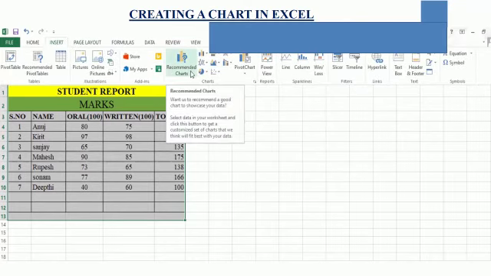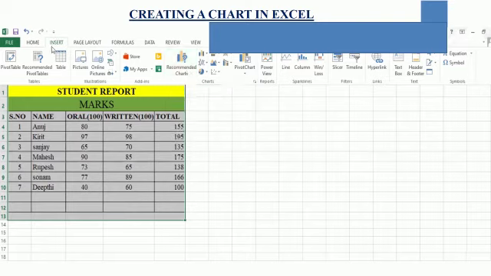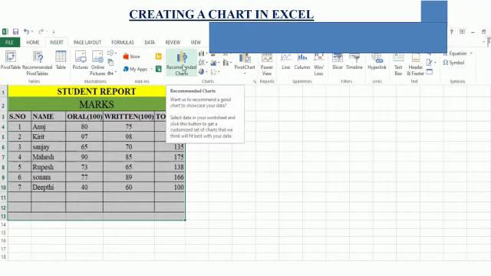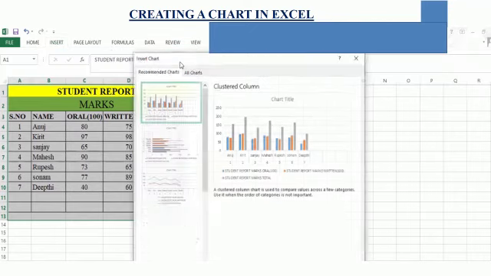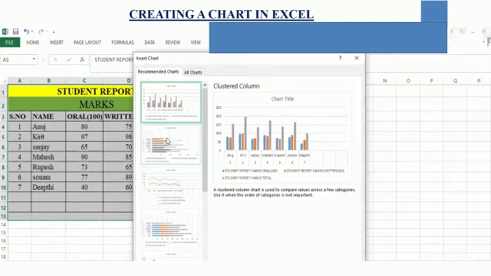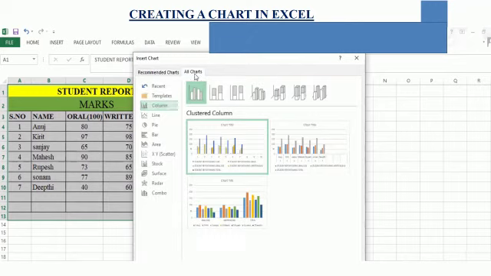There you can find recommended charts. In the Insert tab, go to Charts group. Here you can find Charts group, isn't it, children? There you can find recommended charts and different varieties of charts. First you can click recommended charts. As soon as you click the recommended charts, children, you can observe there are different types of charts here. Click all charts here. Now you can observe the types of charts which are being displayed here.